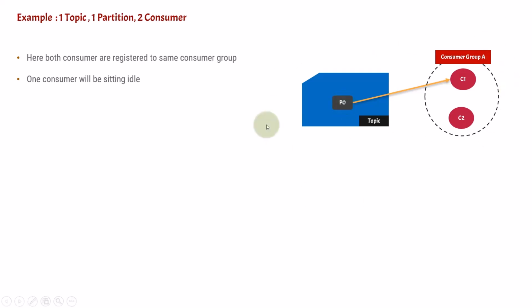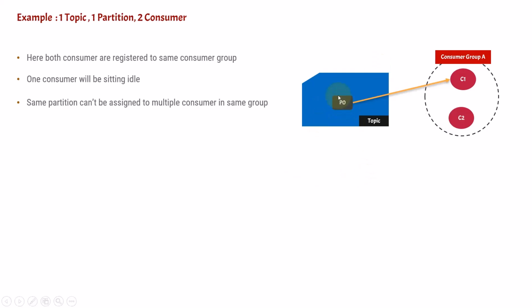So from this we can understand an important concept of Kafka: the same partition can't be assigned to multiple consumers in the same group. So if there are some partitions present inside a topic, the same partition can't be assigned to multiple consumers in the same group. If there is more than one partition, so let's say P0 and P1, then P1 can be assigned to C2, which we'll see in the subsequent videos.